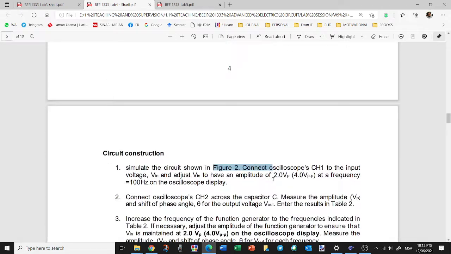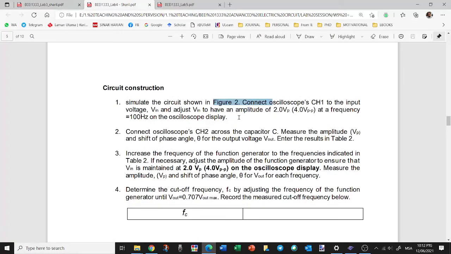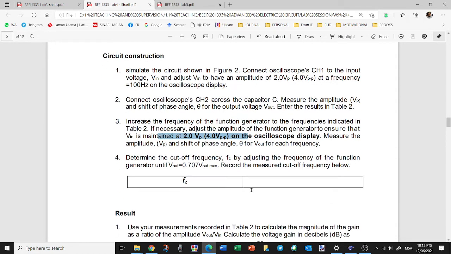Okay, so after you sambung oscilloscope kat situ, and then you adjust the frequency, make sure voltage dia 2 volt peak ataupun 4 volt peak to peak. You set 100 Hz dulu, for example. Okay, lepas tu you connectkan oscilloscope, and then measure the voltage peak of the phase shift. Okay, saya tunjukkan kejap lagi. And then you increasekan frequency. Okay, you adjust frequency dia, make sure the voltage is maintained,